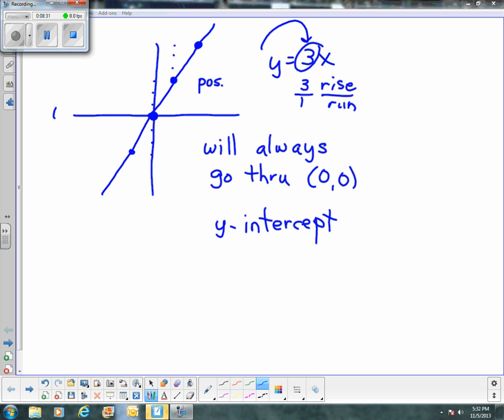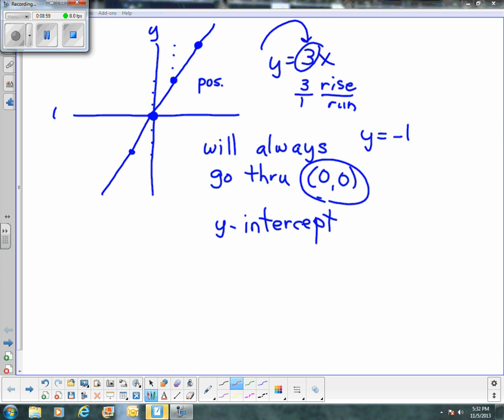Okay, if you remember, this is the y. Where does the line cross the y-axis? It crosses the y-axis at 0, 0. So the y-intercept is 0. If you look on your outline, you'll see that if k is less than 0, or if we have a negative slope,